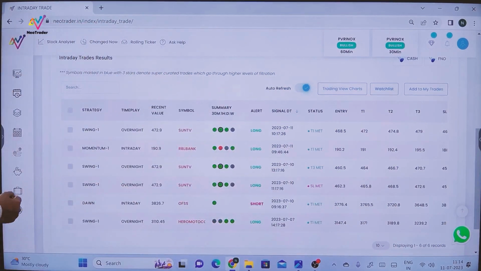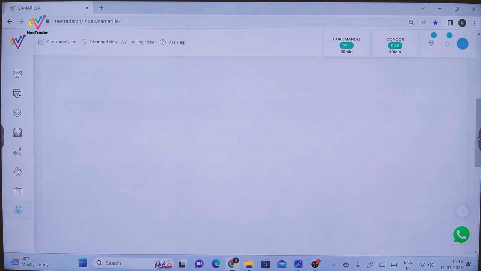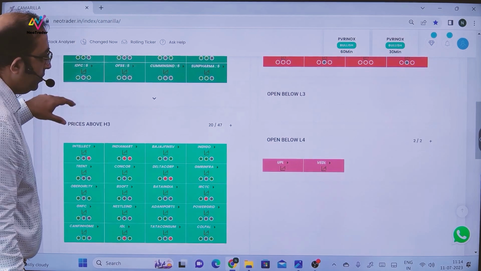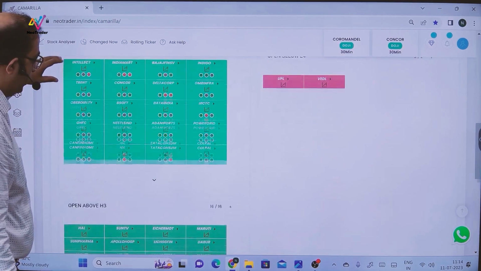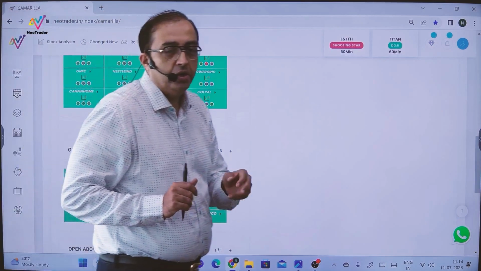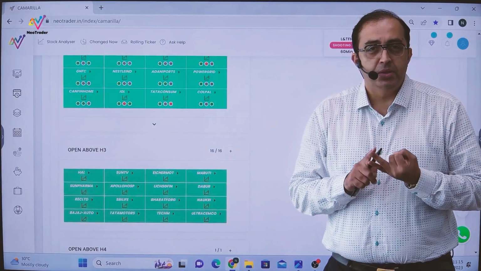Now let's go back into the Camarilla page and see the other set of concepts here. In the Camarilla page, you have prices above H4, prices below L4.